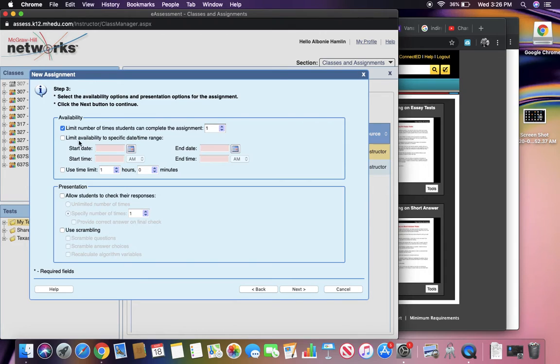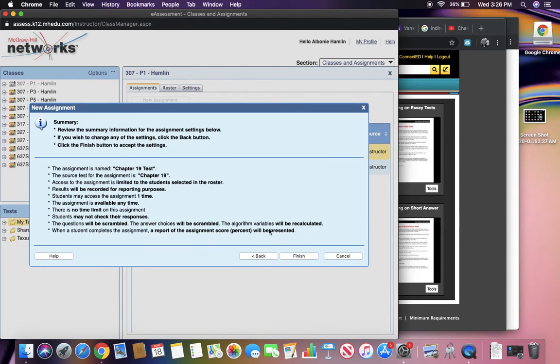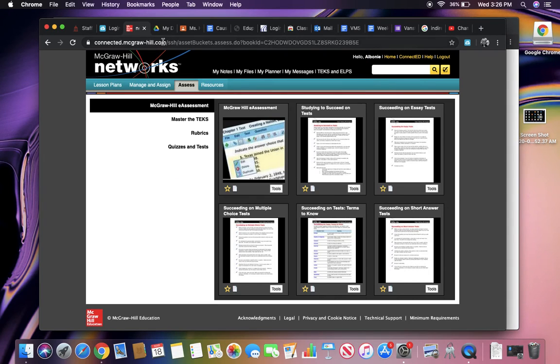I left this, I didn't make a limit availability of specific date and time because I don't know how this is going to go just yet. So I just made it where they can only do it once. And then use scrambling, hit next, and then I'll hit next. And then once I'm done, I'll hit finish. And then the test will be here available for me. Okay. And kids will be able to access that when they look at their